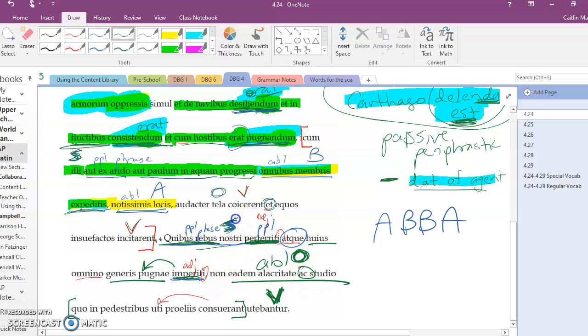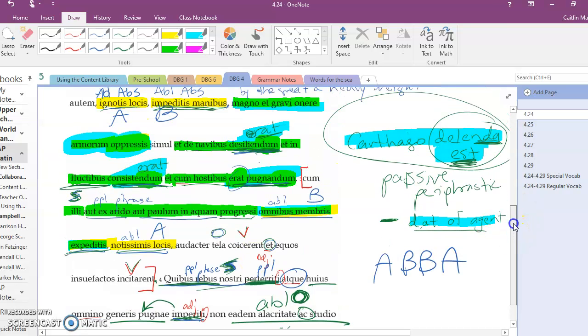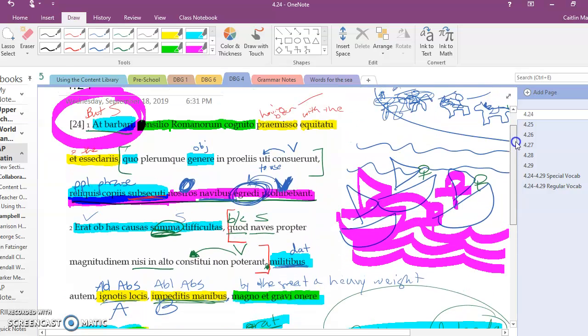What were nostri doing, right? We still need a verb describing them, and we get this eadem alacritate ac studio relative clause, and then a verb. And so this alacritate ac studio are the ablative objects of this verb utebantur. Right? They were not utebantur this, which, right? My relative clause has its own grammar too, which is ablative. Why? Because it's the object of uti, again, which takes an ablative object, which they consuerant uti in pedestribus proeliis. So a lot of ablative direct objects here, a genitive with the adjective peritus, a lot of ablative absolute